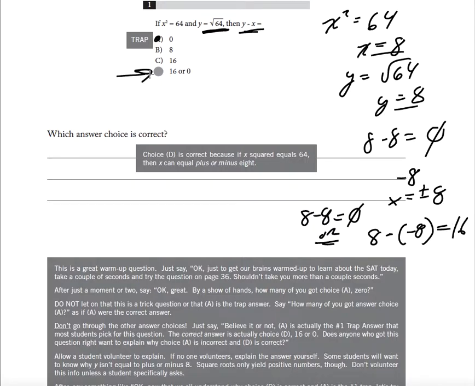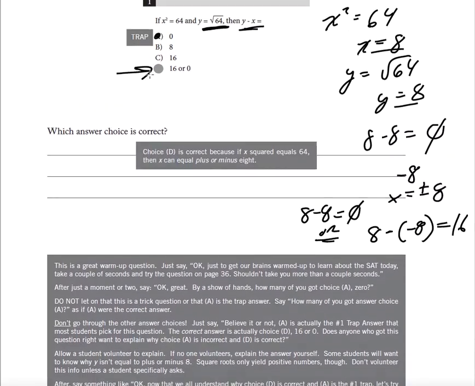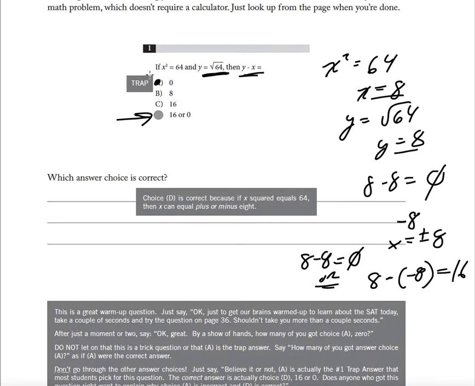So again, the rhythm of this page, as it says here in the teacher edition, is, without in any way hinting that this is a tricky question, you're going to say to students, okay, I'll give you about 20 seconds. Okay, how many of you guys think that the correct answer is A? And you're going to say that as though A were the correct answer. And you can even raise your hand, okay? So the majority of students in your room will raise their hands. And you can say, believe it or not,